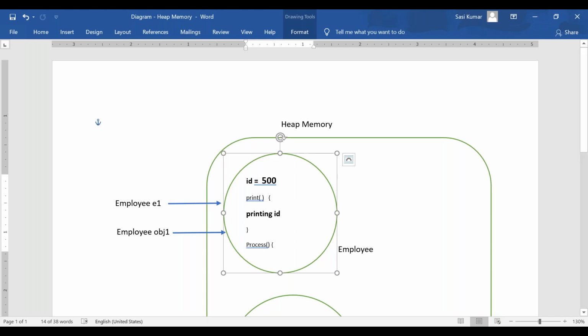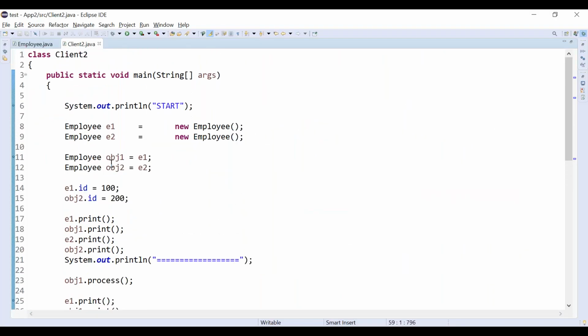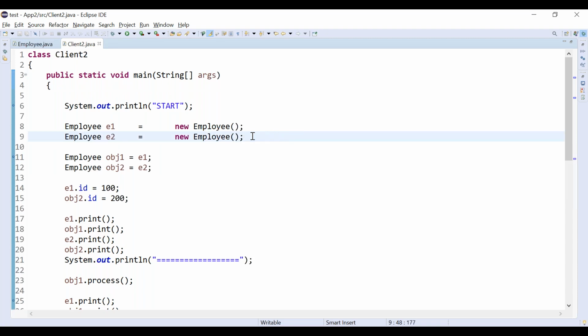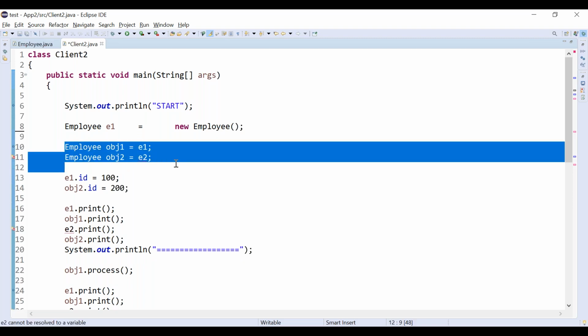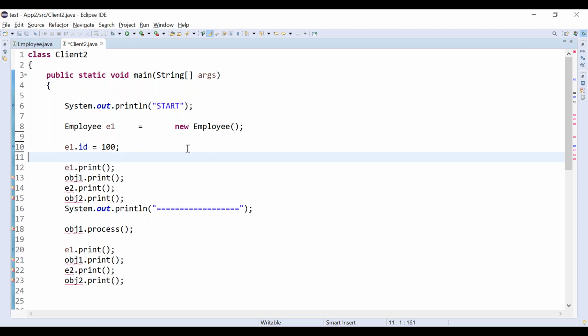Now let's go ahead. In the previous class, we have seen it's not necessary that you only create objects in the main method. Now let me remove this second object. If I want, I can comment it out or I can remove it. Let me remove it. Now let me keep only one object, correct?